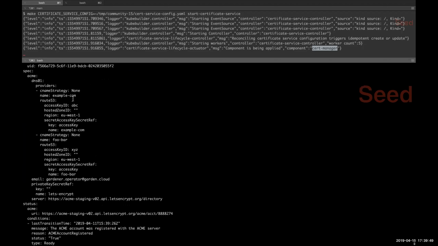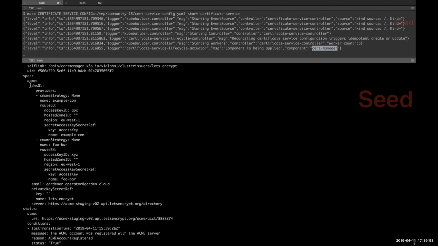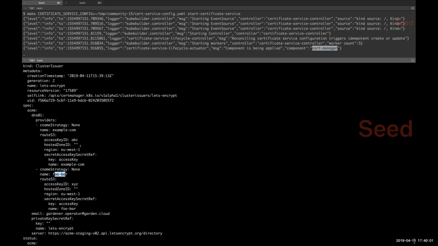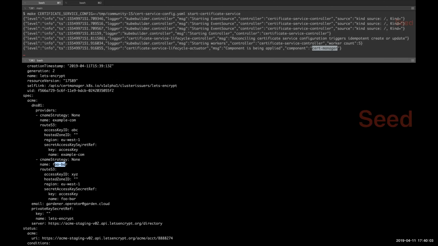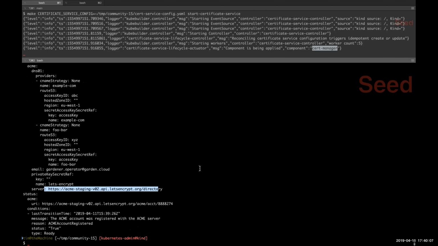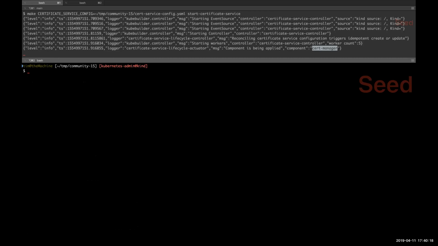These are basically the values we passed in the configuration. Here we have, again, the two DNS01 providers, one for example.com, the other one for foo.bar, with all the credentials. And we also have here the Let's Encrypt server that we are going to use. All right, so we have a cert manager in place, and the second step would be